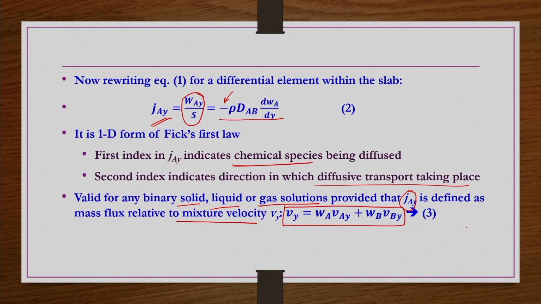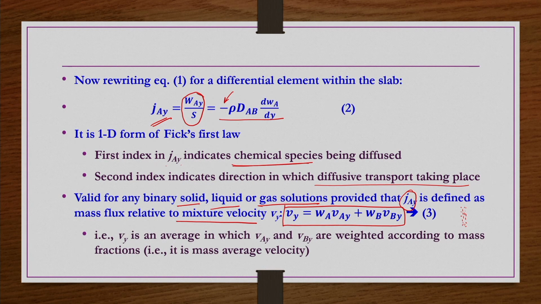So, let us say component A is moving in the y direction with different values at different locations. All the molecules at different y locations, whatever the velocity of molecule A is, that has been averaged. Similarly for B also, right, and these are the local velocities. So, these velocities are measured using a pitot tube or Doppler velocimetry, etc.